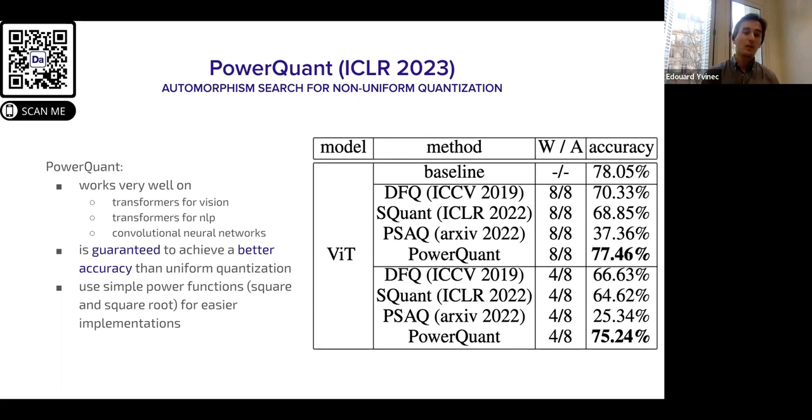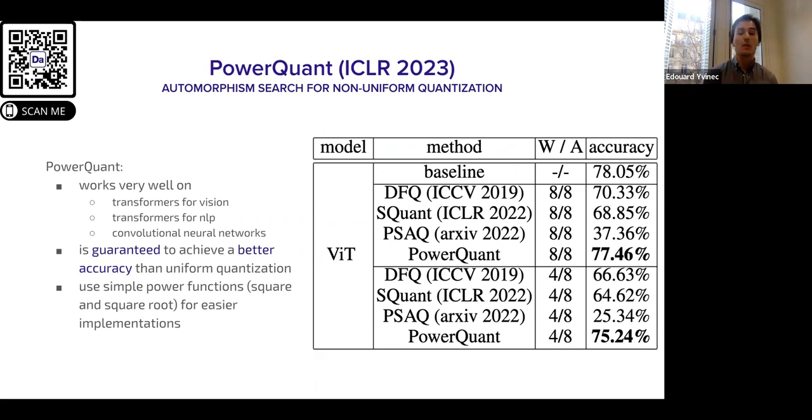But I want to put the emphasis on transformers. I mean, transformers have become a huge trend. Unless you don't have any internet access, you've heard about GPT and so on. Even before DALL-E and all that stuff, it's all about transformers, and they are very challenging to quantize. But what we can achieve with PowerQuant is, using half the bit width, we outperform other data-free quantization schemes. So we can bring almost the full precision accuracy without using more than 4 bits for the weights to quantize.